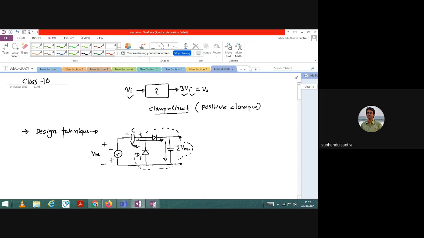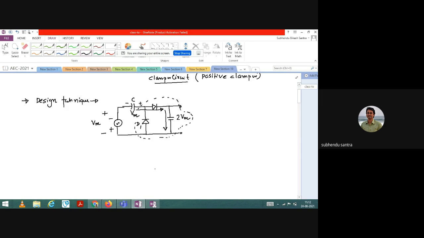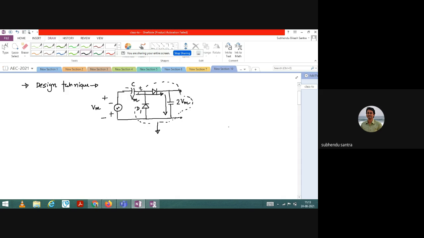So why don't we use this circuit and revise it later? I want to incorporate the same circuit which charges to 2 Vm, because I now want to design 3 Vm, and 3 Vm can simply be written as 2 Vm plus Vm. Very interesting, please try to understand. Let us first draw the dotted circuit, and I want to incorporate it in our current design.